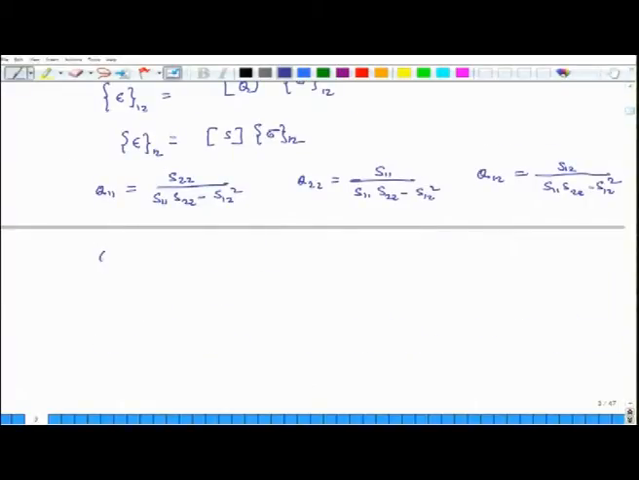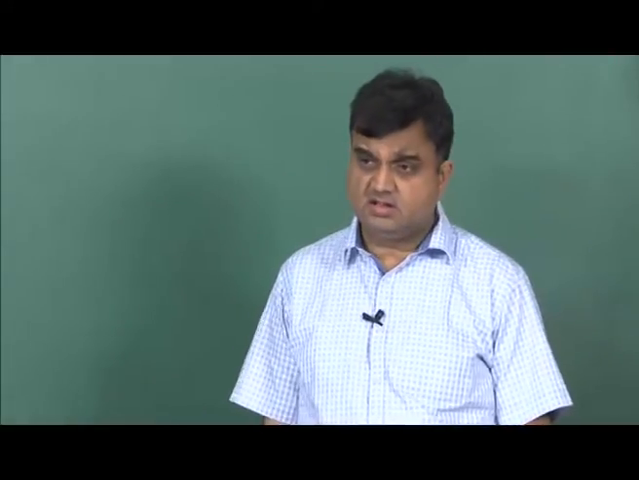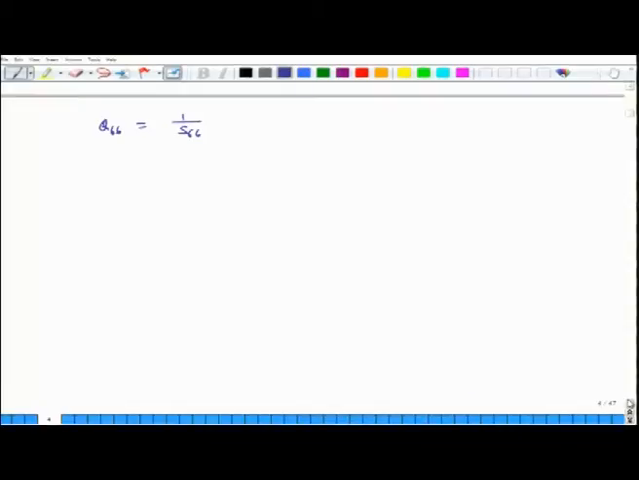And finally, we can say that Q66 is equal to 1 over S66. So, these are the relationships between Q and the S matrices. Q is the stiffness matrix and S is the compliance matrix. Lastly, what we will do is we will look at the relations